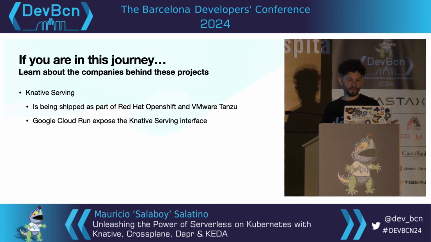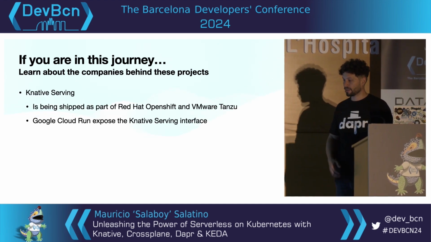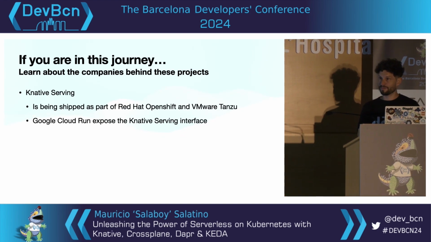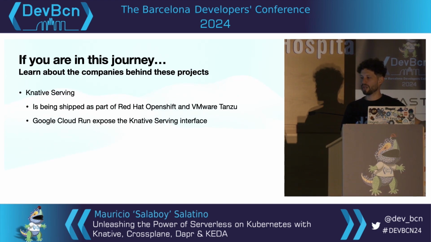And as I mentioned before, Google Cloud runs the same APIs for their containers as a service, where the main idea there is just to simplify the experience of running containers without needing to know or needing to create clusters that basically cost a lot of money and you need to maintain them.